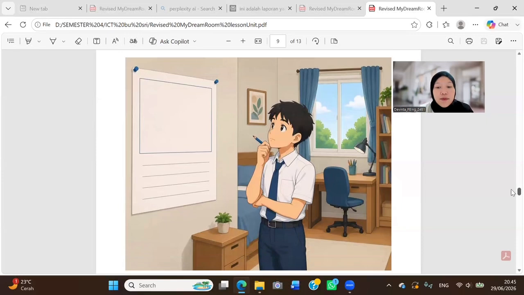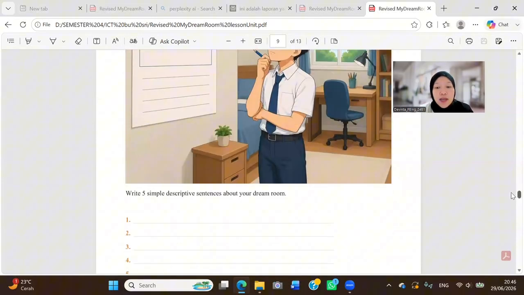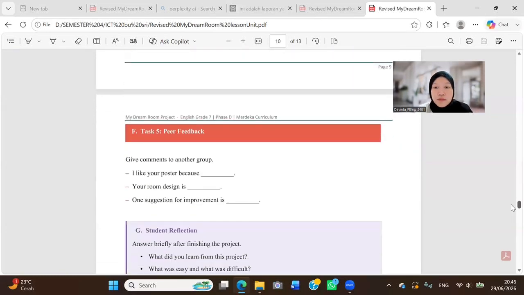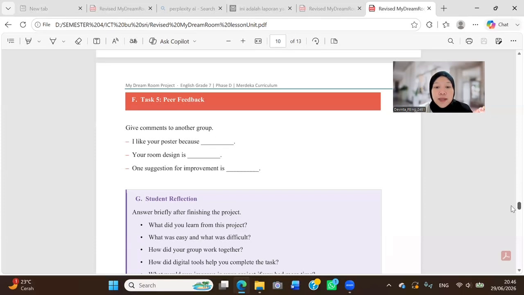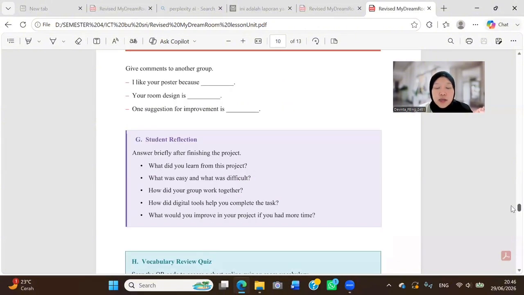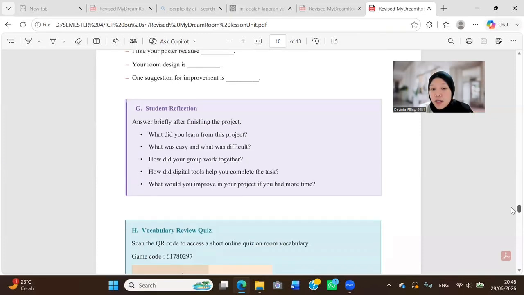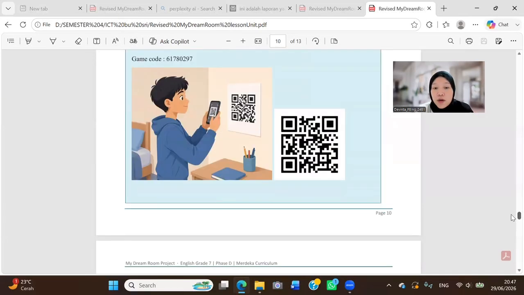In this stage, students write 5 simple descriptive sentences about their dream room. In this section for the feedback, this activity is used so students can give brief comments on another group's work. Reflection. This section asks students to write what they learned, the difficulties they face, and how they work with their group. For the vocabulary quiz, this activity is used to check student understanding of room-related vocabulary in a short and